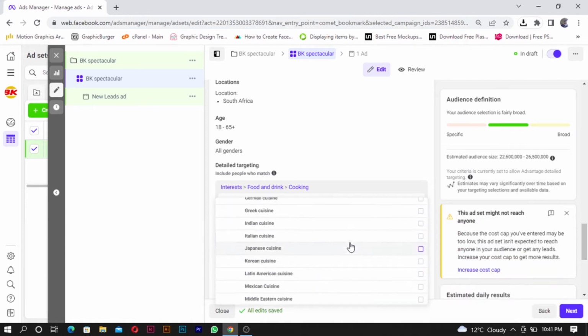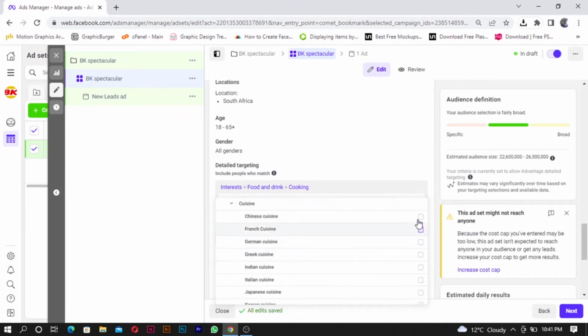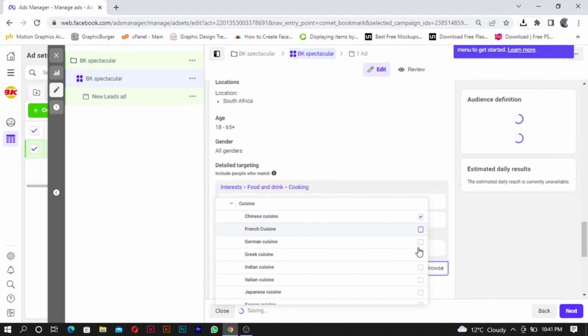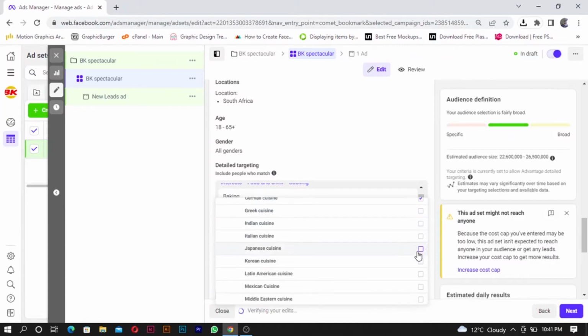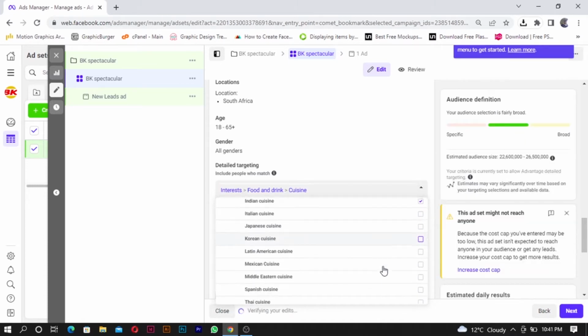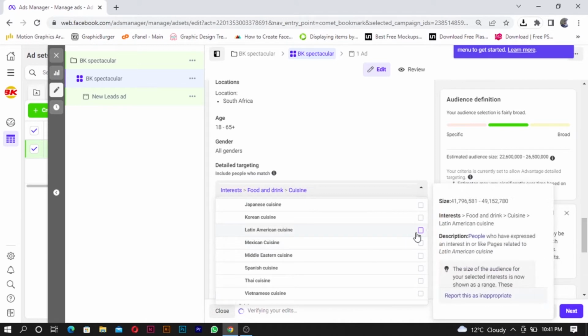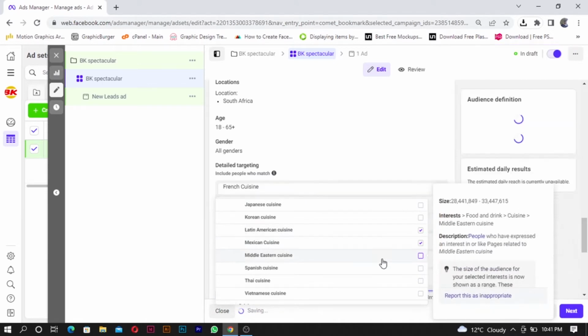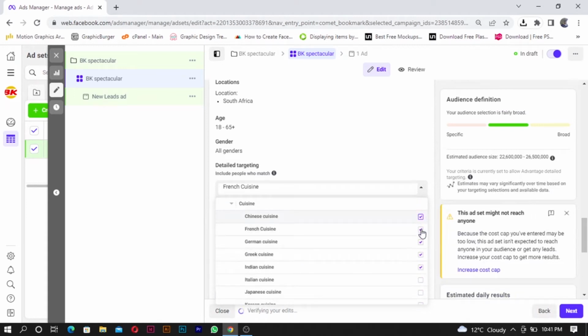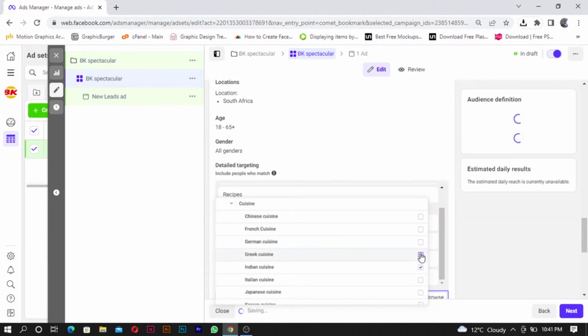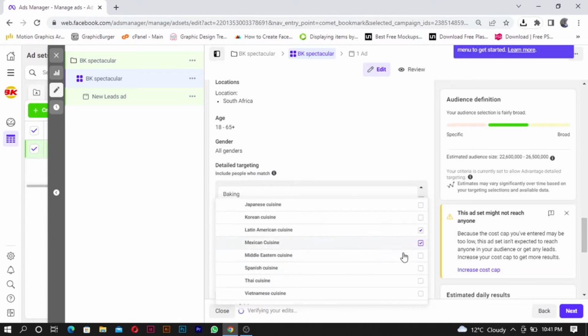Let's just select it all. Actually, let's just choose that and that, because the burgers would not be Chinese food or French or German cuisine or Greek cuisine, but yeah, Mexican,